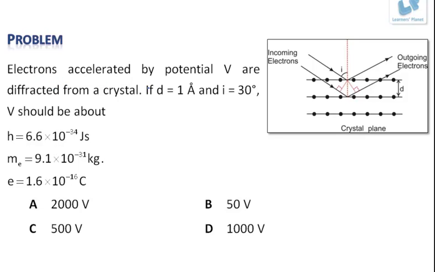Electrons accelerated by potential V are diffracted from a crystal. If D is given as 1 angstrom and angle of incidence is 30 degrees, V should be about. Now